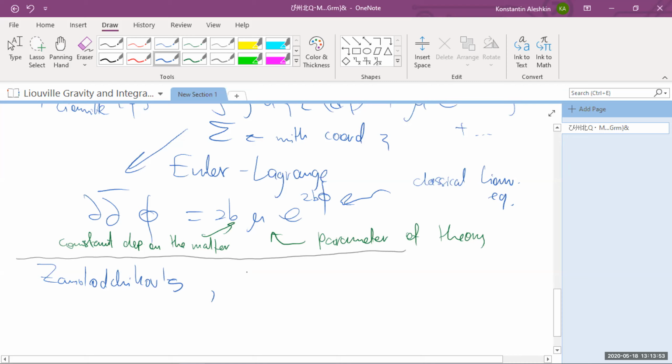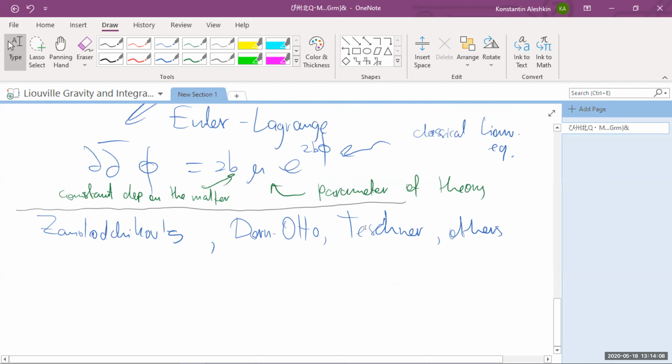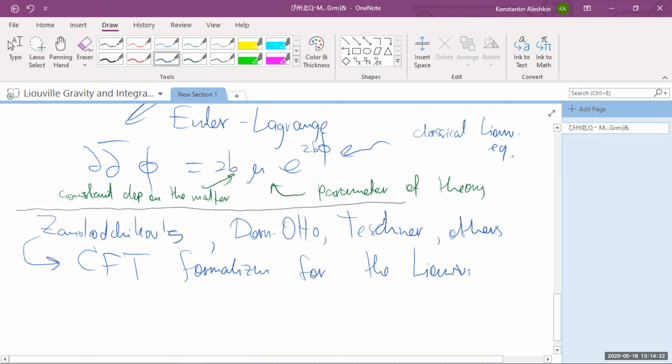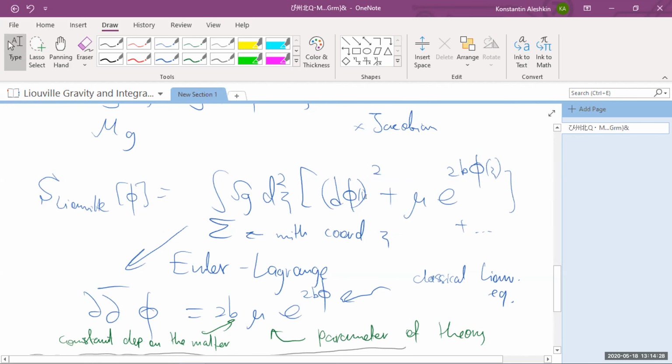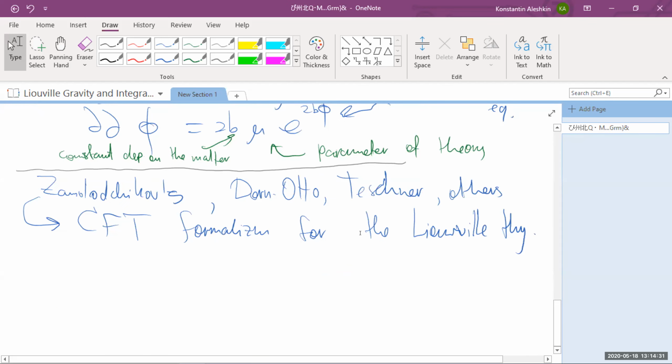So Wojciechow's, Dorn, Otto, Teschner, and others in the late 80s, early 90s. So they developed a CFT formalism, so conformal field theory formalism for the Liouville theory. So instead of working with some Lagrangians and path integrals, we can do a CFT, which now is